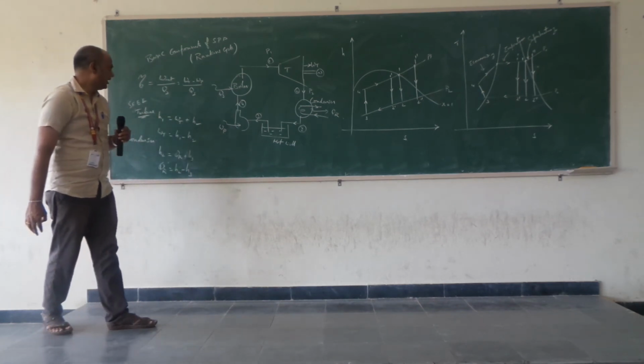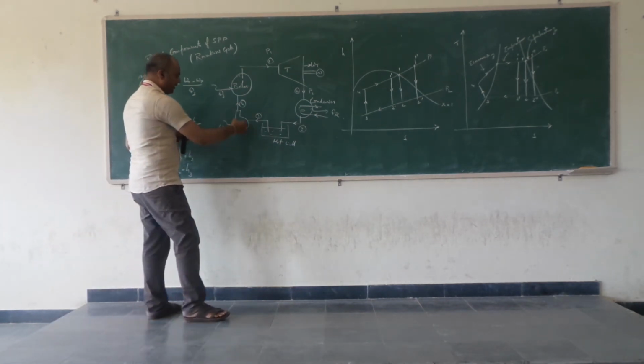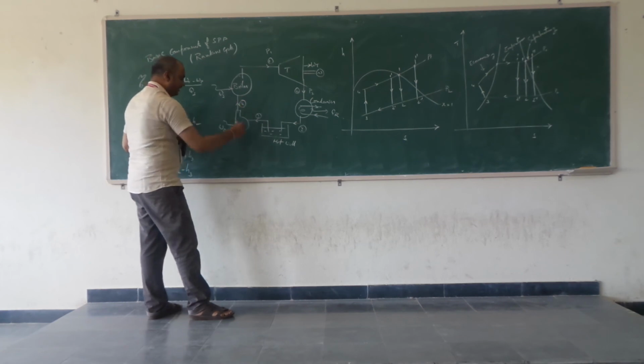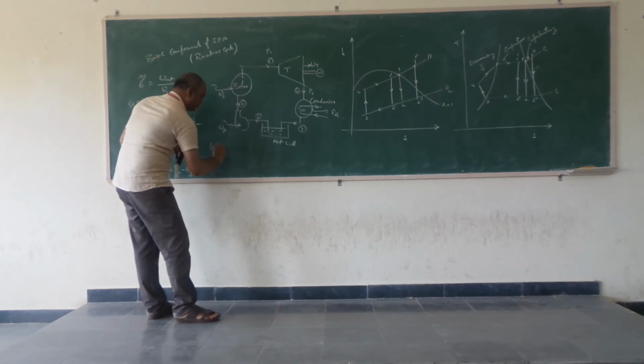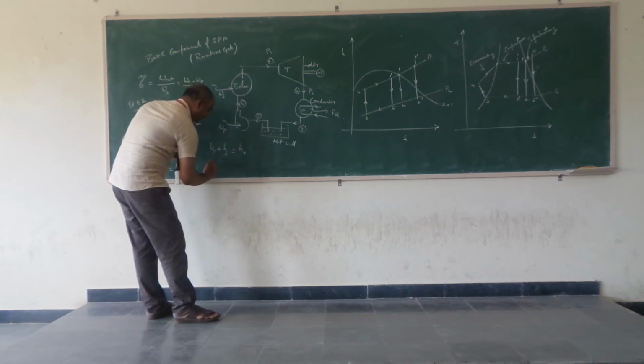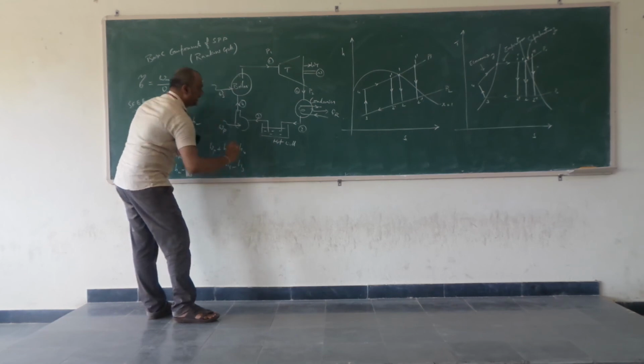And then what we are supplying to the pump: this is the energy entering into the pump, and this is what we are supplying to the pump. This is the leaving condition. So inlet conditions are work done by the pump plus H3, and the leaving condition is H4. Therefore, work done by the pump we can get by utilizing the formula H4 minus H3.